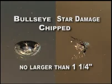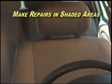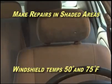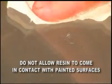Damage in chipped windshields up to 1 1/4 inches can be repaired in minutes with a state-of-the-art repair system. Repairs should be performed in shaded areas on windshields that are not hot to the touch. Optimal windshield temperature is between 50 and 75 degrees Fahrenheit. It's important that the resin not come in contact with the car's finish or painted surface, as this may cause